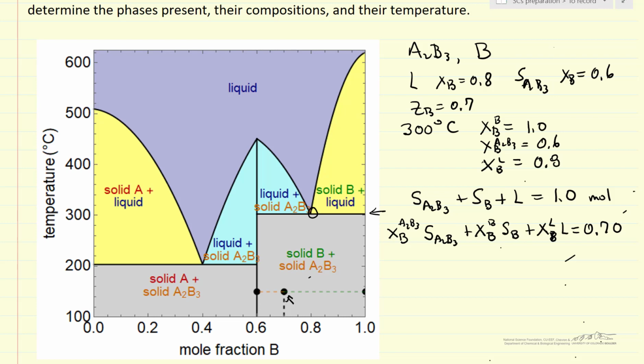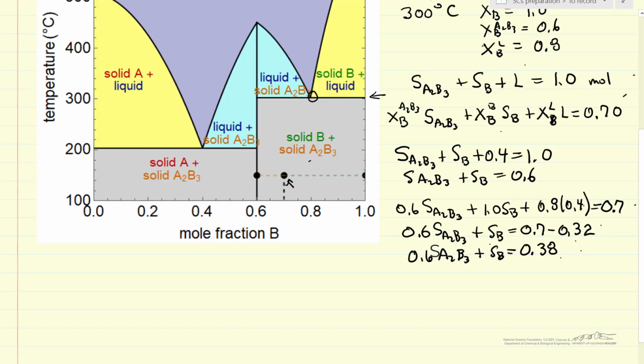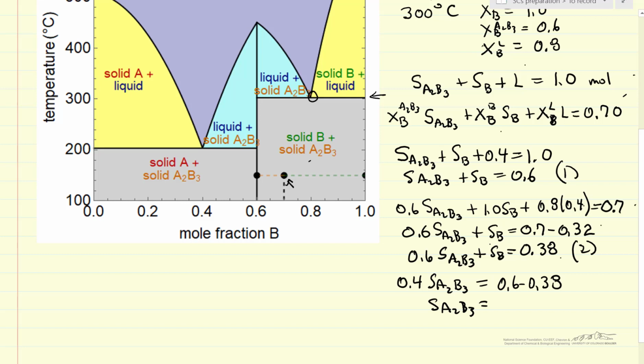So let's substitute numbers in here and then solve for our unknowns. So let me pause and do that. So here's our first equation. Here's our second, where what we've done is just substitute in the mole fractions. And we can solve these two equations simultaneously just by subtracting equation 2 from equation 1. So we'd end up with 0.4 times the moles of the compound is equal to 0.6 minus 0.38, which gives us the moles of the compound as